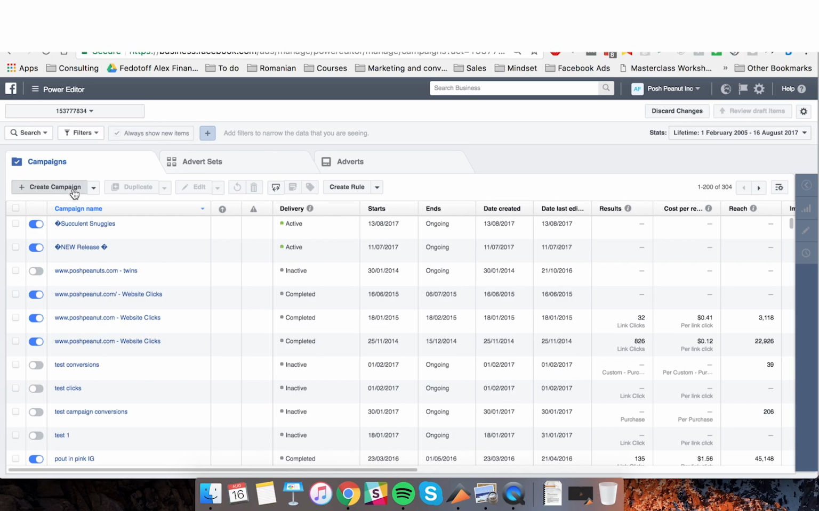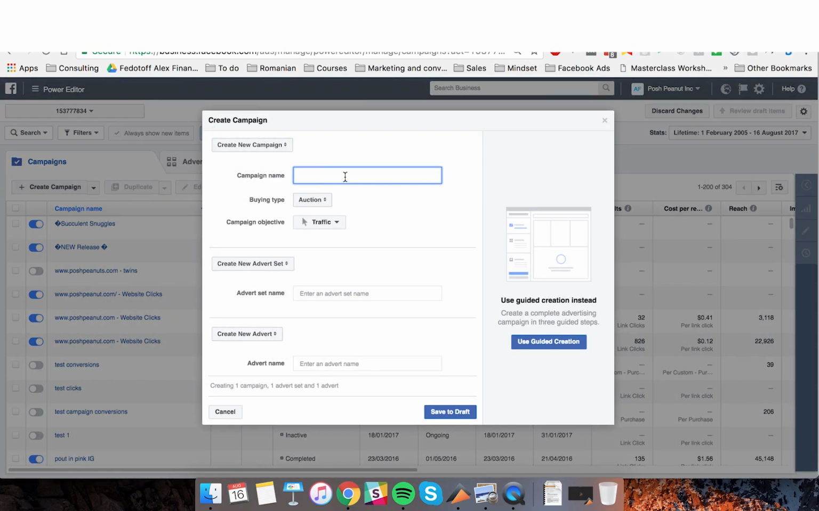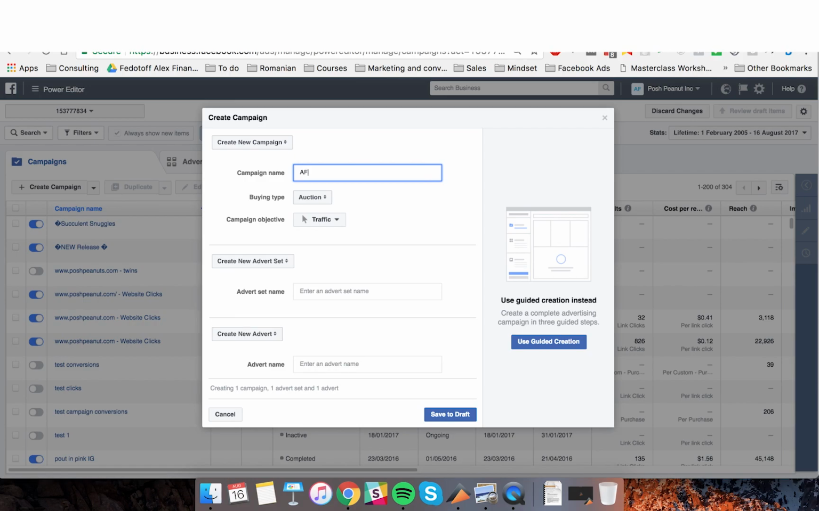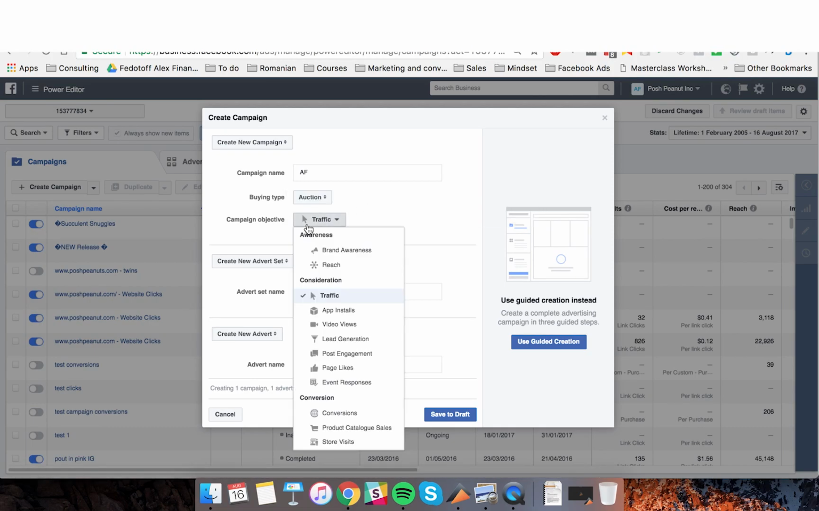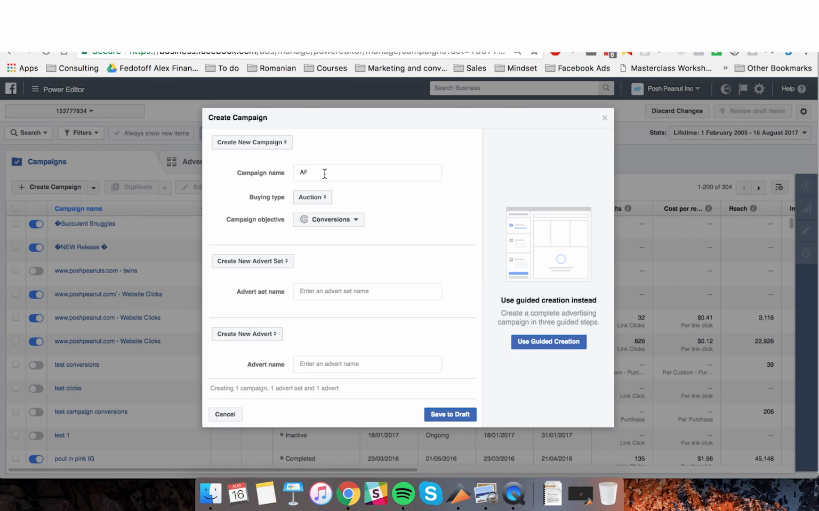So we are inside here, and we'll be creating a new campaign, which I'll call AF, my initials. We'll be creating those initial templates here in Power Editor, so we can later on also have website clicks campaigns and page engagement, just to increase our reach. But for starters, we always use auction, and we also use conversions. We only use conversions at this stage. So we'll call our campaign AF conversions,